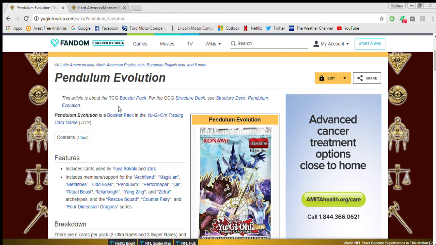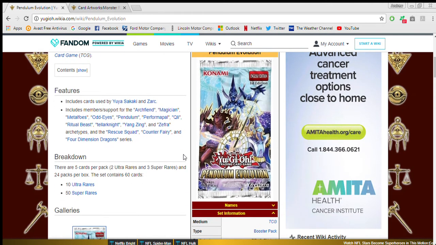I just spent good money on a playset of Ash Blossom and Joyous Spring, and Konami really wants that. They try to get people to buy the packs and stuff, and then they try to boost the third party market, not from Konami, but the people selling singles and things like that. They try to boost that market by rarity bumping cards and by doing things like what they did to Pendulum Evolution, and by doing things like what they did to Link Vrains Pack, which, if I didn't say,